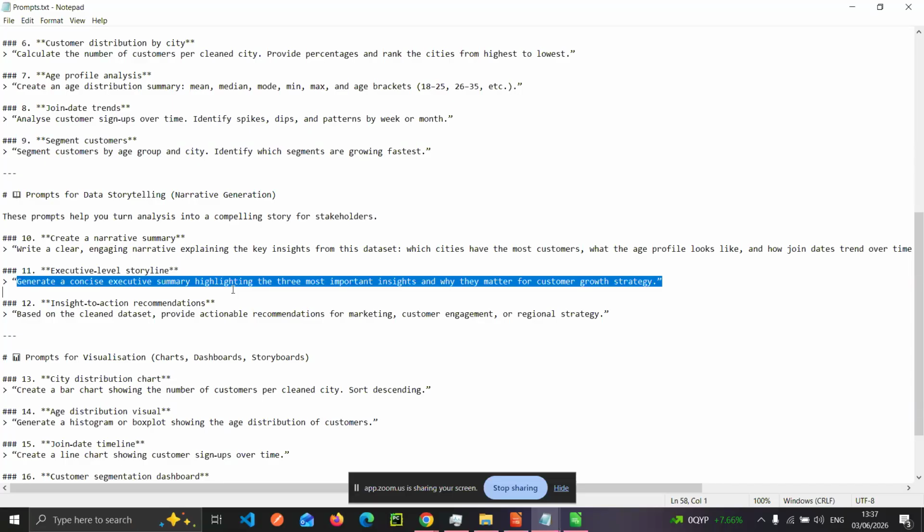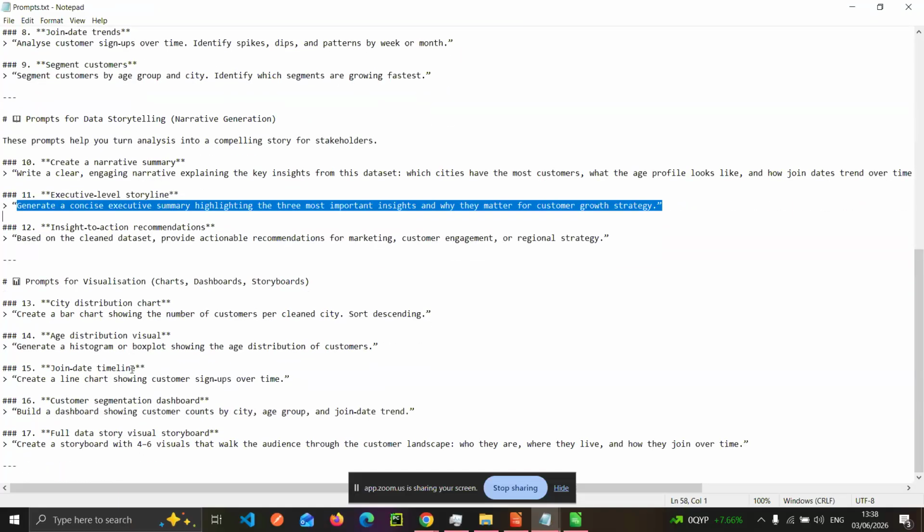And you could also give the prompt, based on a clean data set, provide actionable recommendations for marketing, customer engagement, or regional strategy. So these are just examples amongst many which you could use for prompting the AI for developing data storytelling. There are many more. Now, what about prompts for visualization?